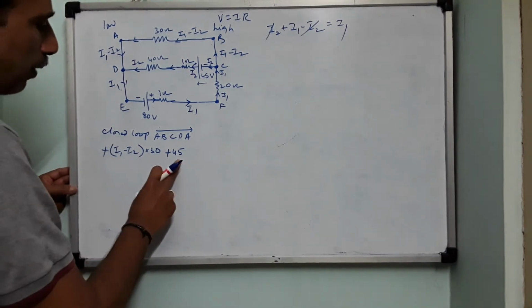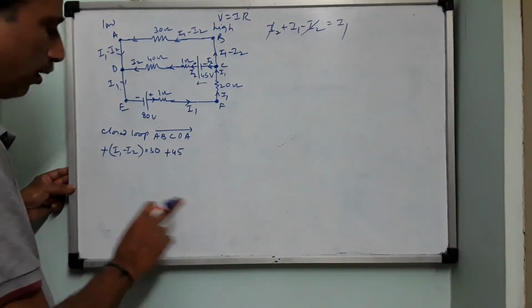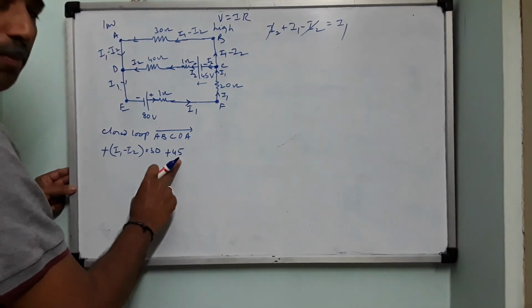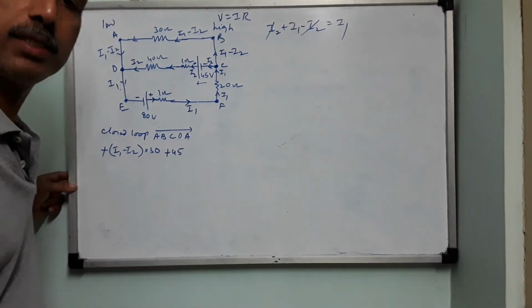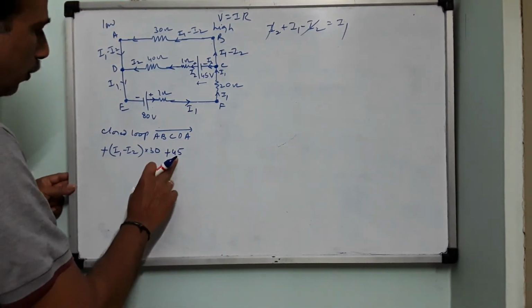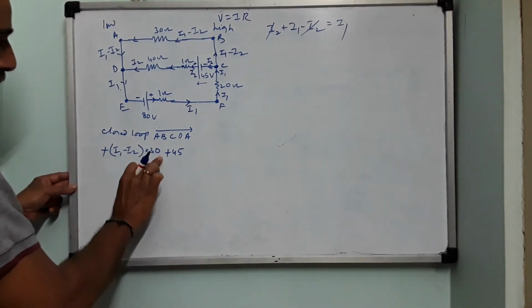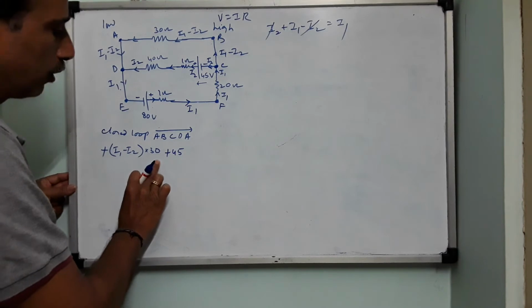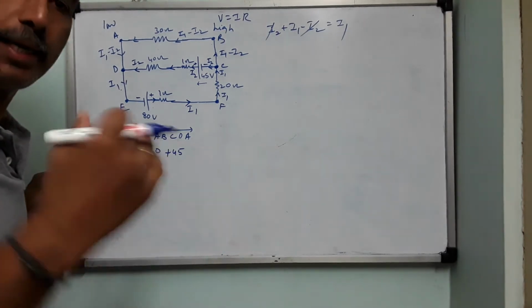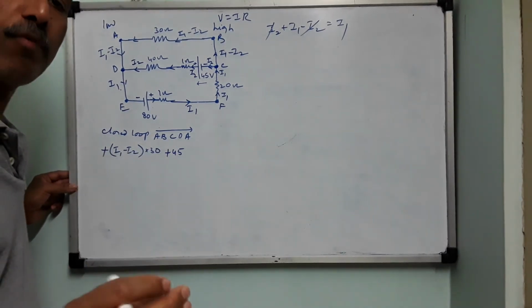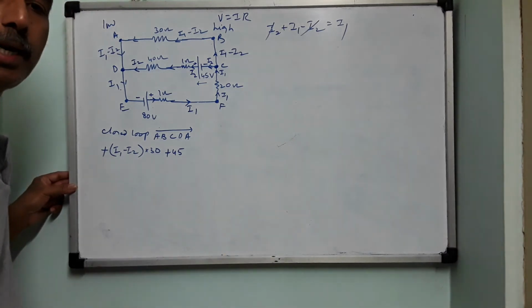Sir, is it to be multiplied with resistance? No. Potential difference and EMF both have the same unit and dimension. This is measured in volt. This entire thing will have the unit of volt. So EMF will not be multiplied by anything. It is the algebraic sum of EMFs, so EMF should be taken as it is.